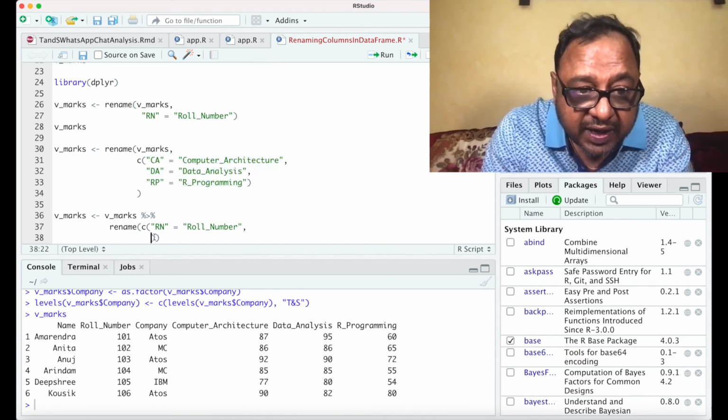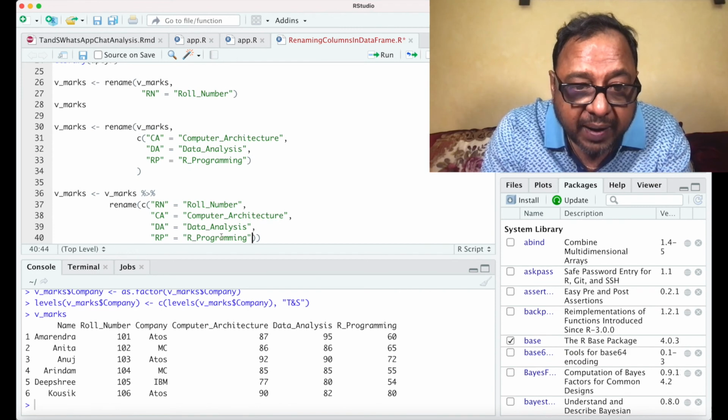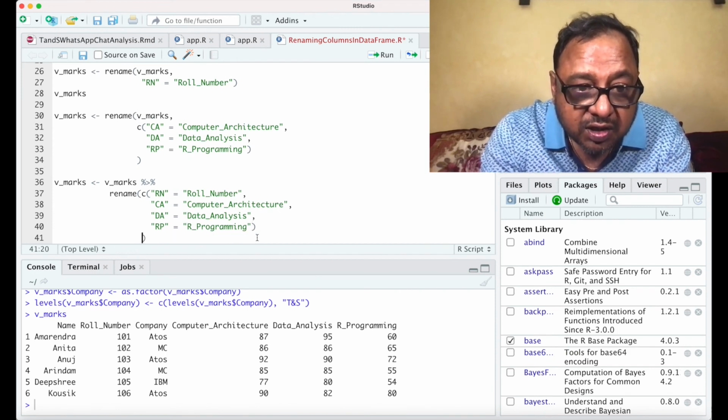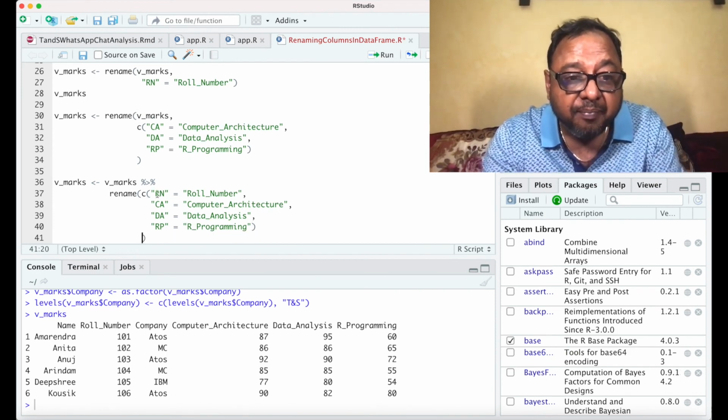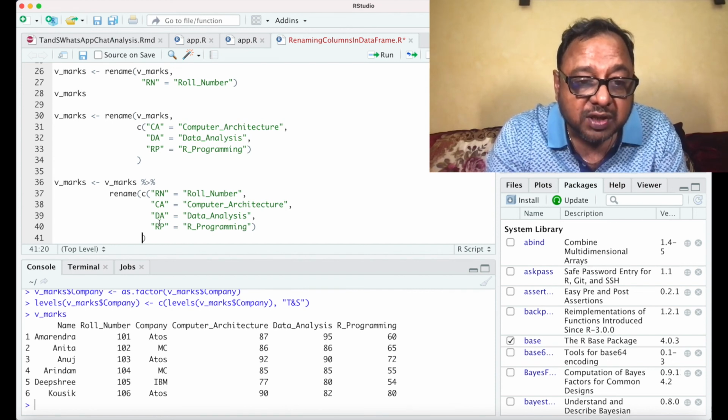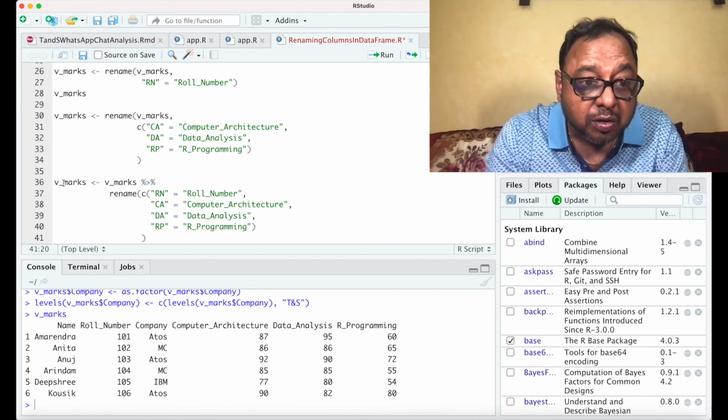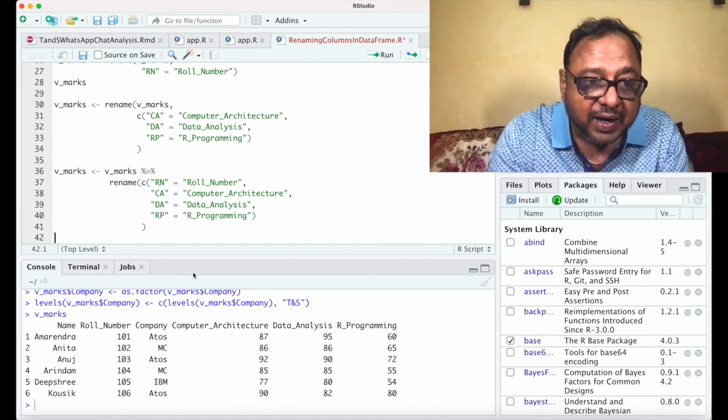So I also want to rename these 3 columns. So now I have created the vector where I have given 4 column names which I want to rename, and I have piped the output of v_marks to the rename function, and this output should go to the v_marks data frame. So let us run this command and see what happens.